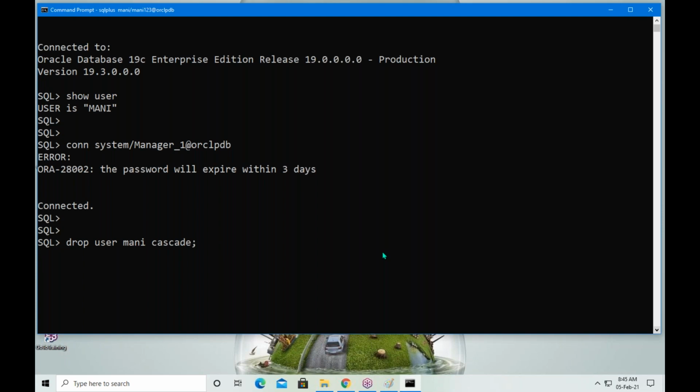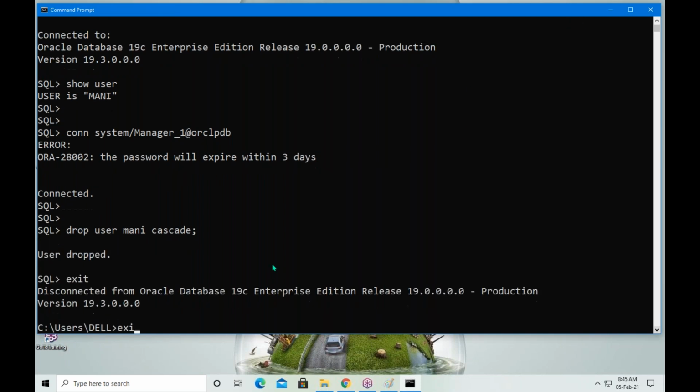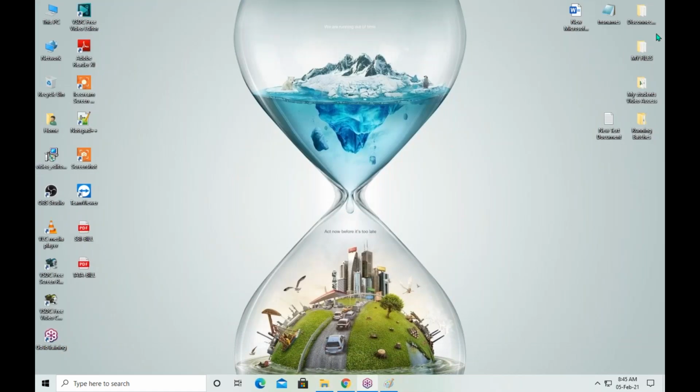Are there any installation related questions? Does anybody in our session have a system with 8 GB RAM? No, sir, my system is 2 GB RAM.